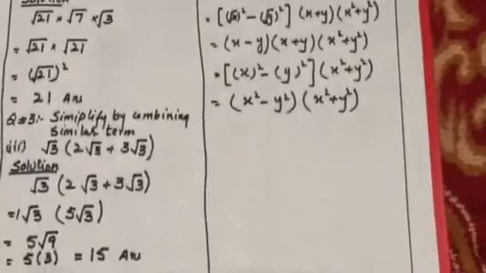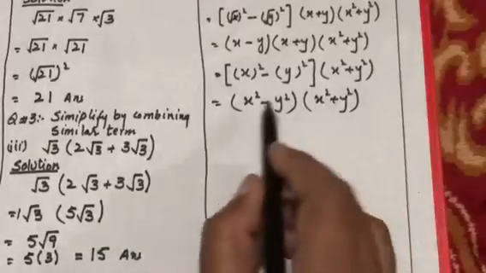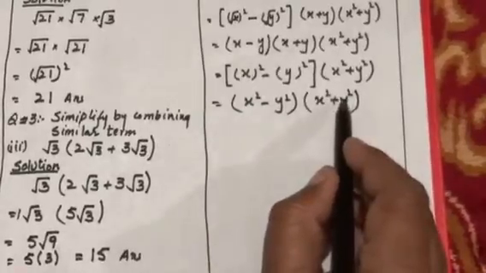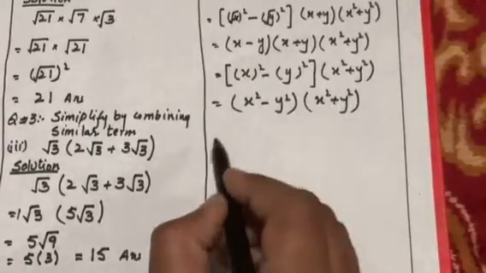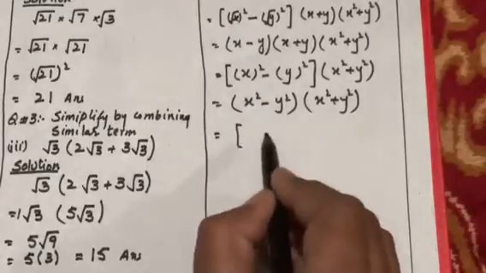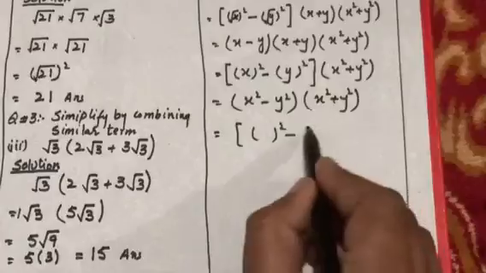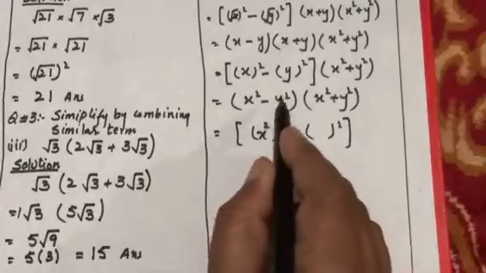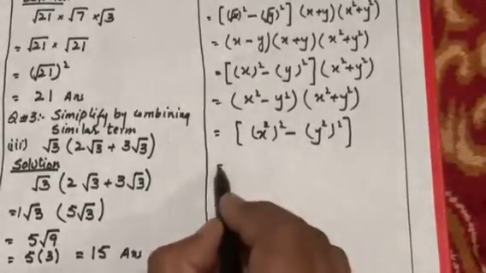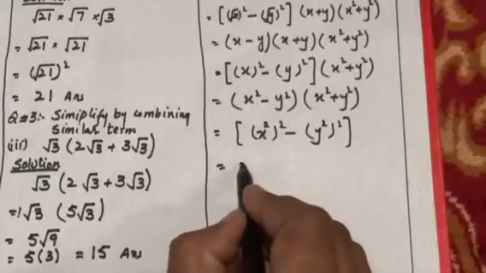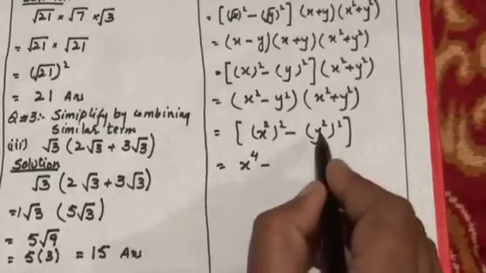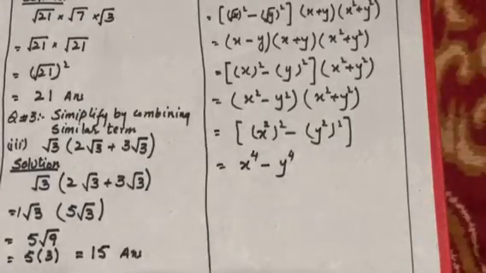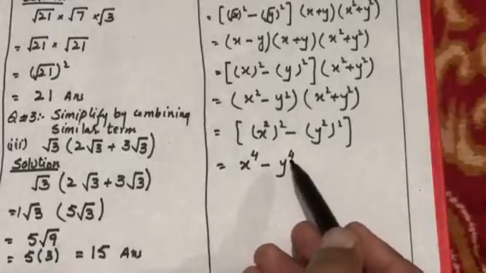And if we observe again that both the numbers are the same and their signs are different, so it becomes (a − b)(a + b), and the formula a² − b² is going to be applied. So by multiplying, we can form the formula a² − b². The value of a is x² and the value of b is y². By simplifying, if we take the square of x², we will have x⁴, and if we take the square of y², it becomes y⁴. So by simplifying, we will have x⁴ − y⁴.